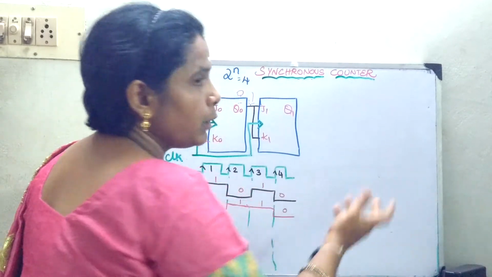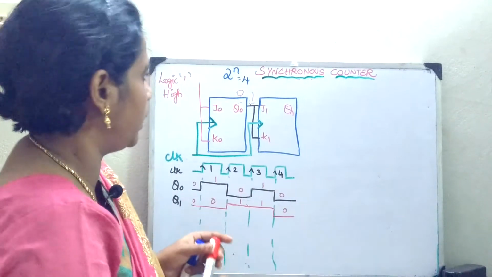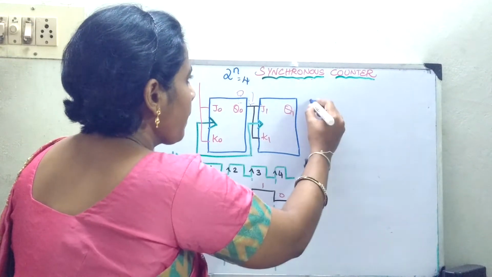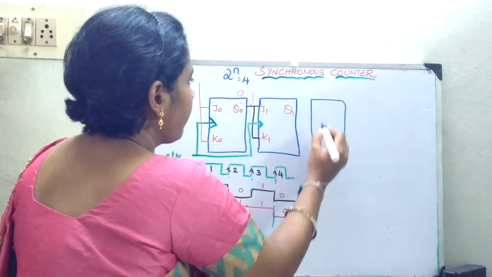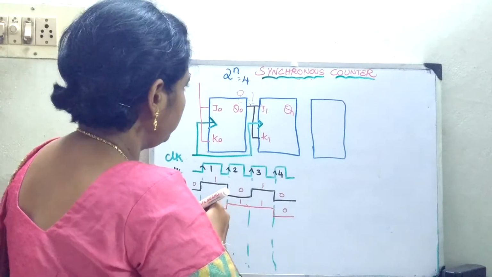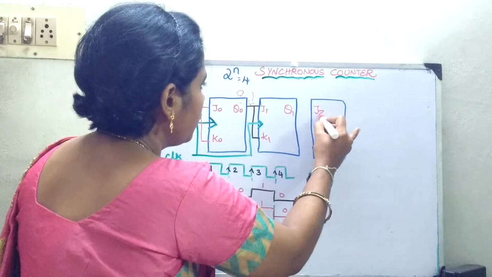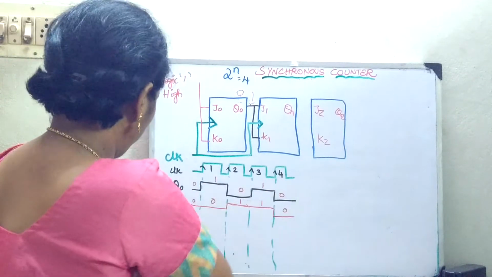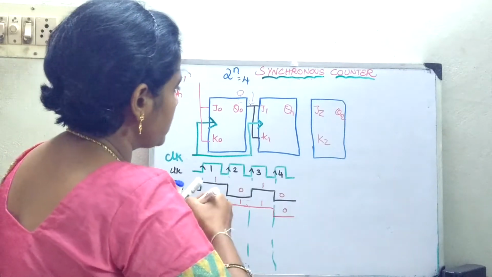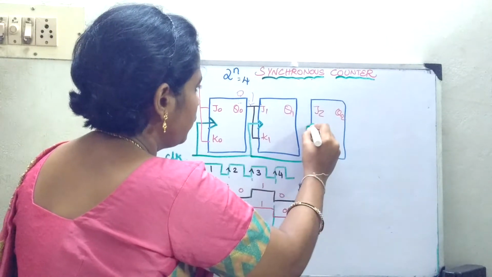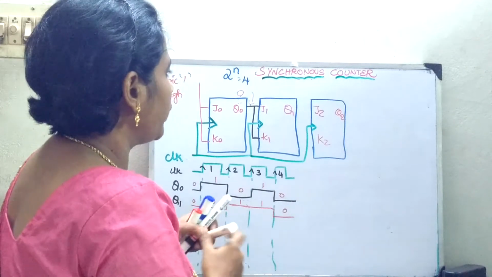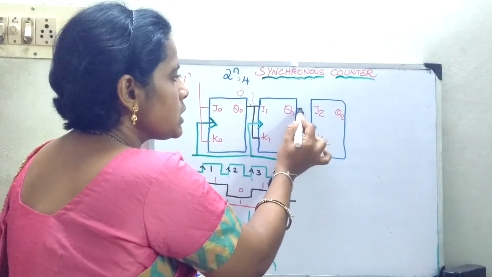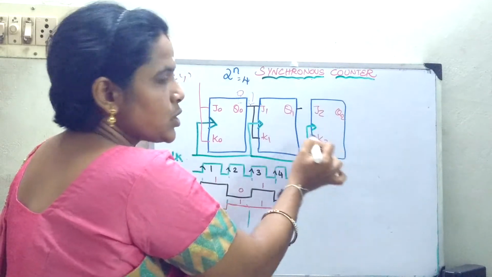This 2-bit counter can be said to be a mod 4 synchronous counter. Okay. So now we will extend it for the next bit. So J2, K2, Q2. What is the first thing you should do? First give the clock pulse. Next, what do you have to do? What is the concept? So you will be giving this output to the next flip-flop.